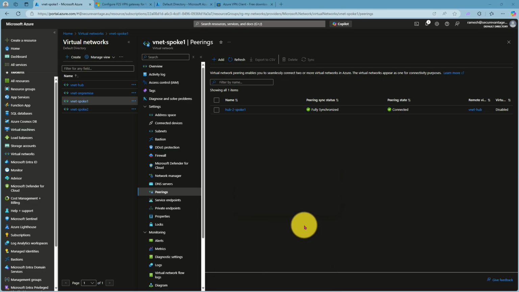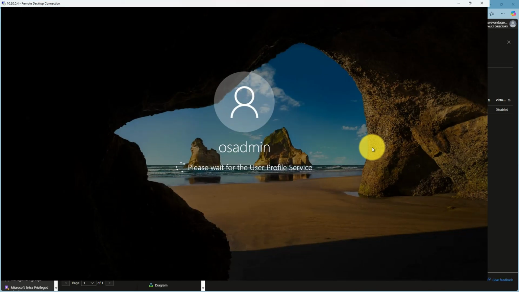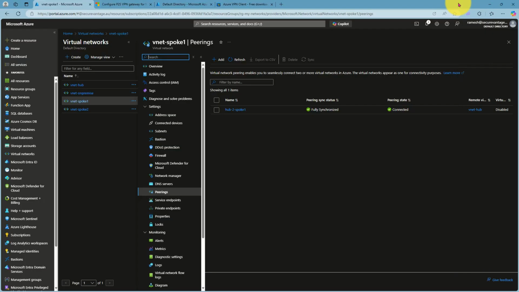Using a P2S connection, now we are on that particular machine. All right, that is how you can establish P2S connectivity on the same VPN gateway where you have site-to-site connectivity as well. Right, this is how you can establish the channel from your desktop to the Azure cloud